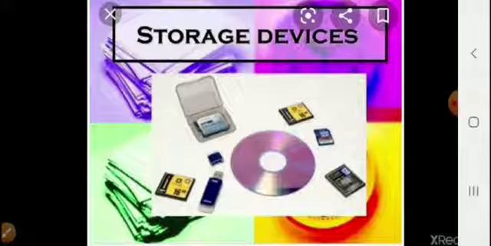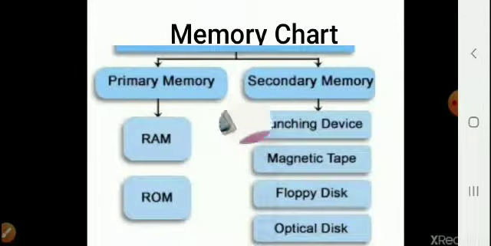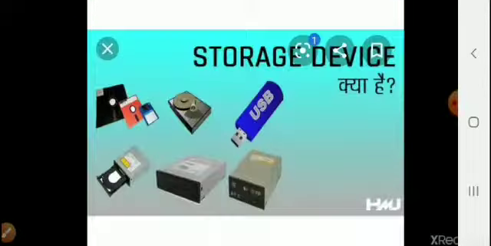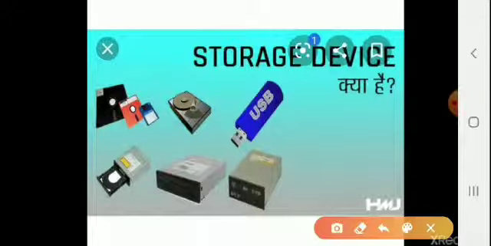So in the same way, a computer also uses CDs, USB flash drives, DVDs, etc. for storage of data. Okay, so here first of all we will see the USB. USB C is given here. It is a small storage device used to carry data or transport files from one computer to another.